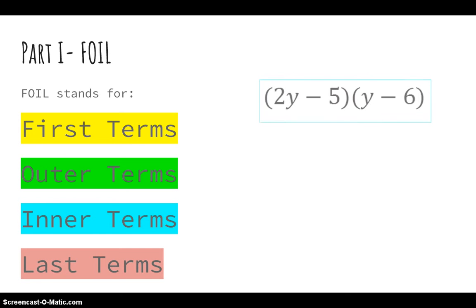Part one is this FOIL method. And FOIL is just an acronym that stands for first terms, outer terms, inner terms, and last terms. So what does that mean? Well, if we look at a situation here where we have one binomial, two terms, and another binomial, two terms, multiplied together, the way we're going to do that is we're going to multiply the first two terms,